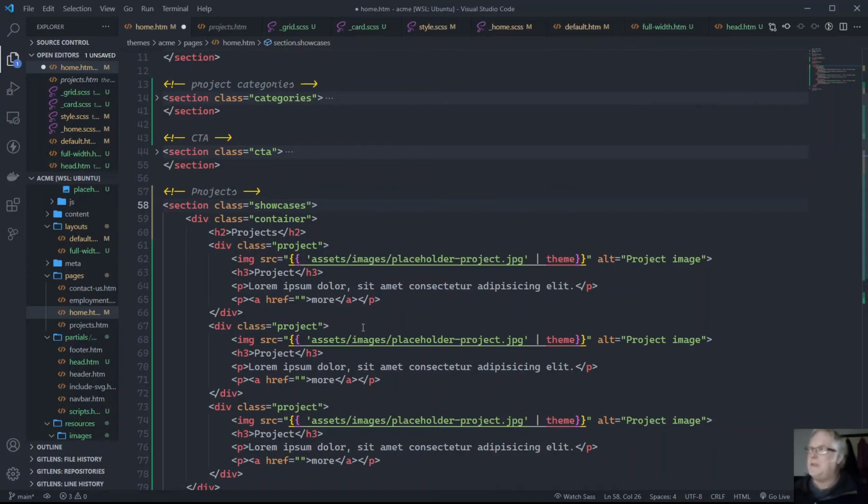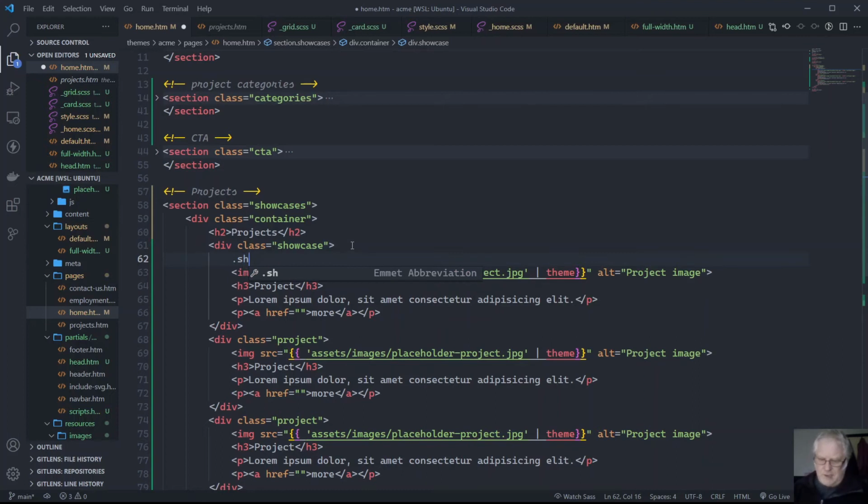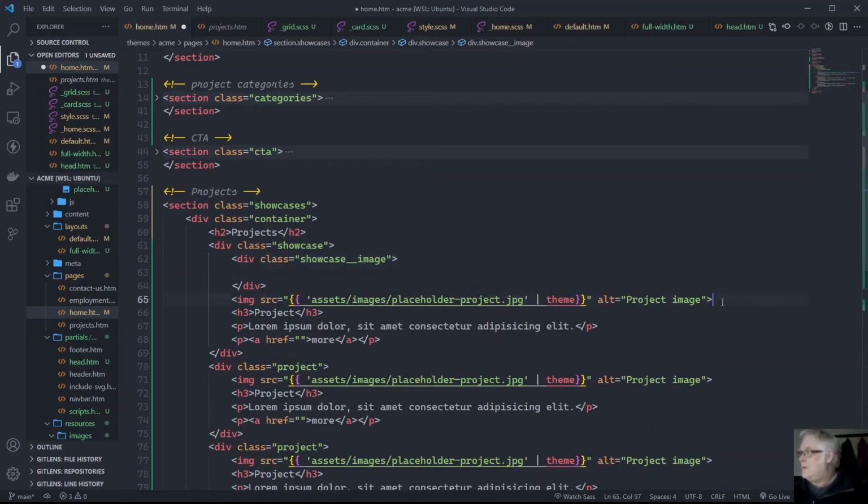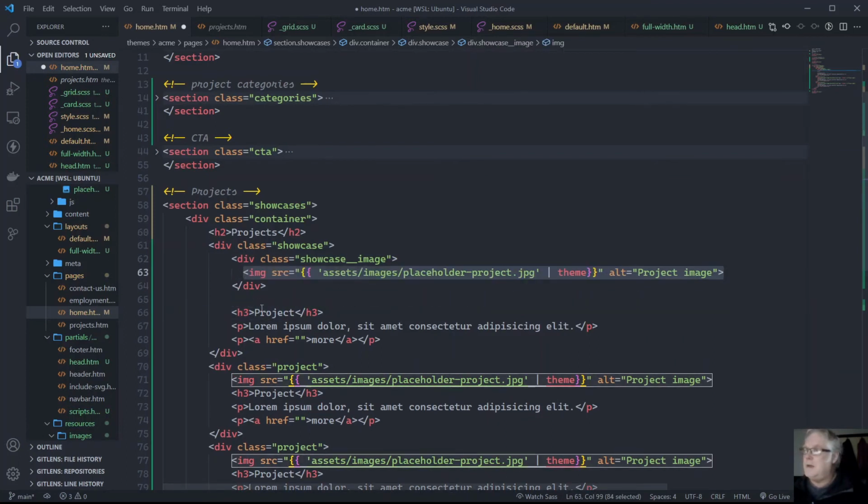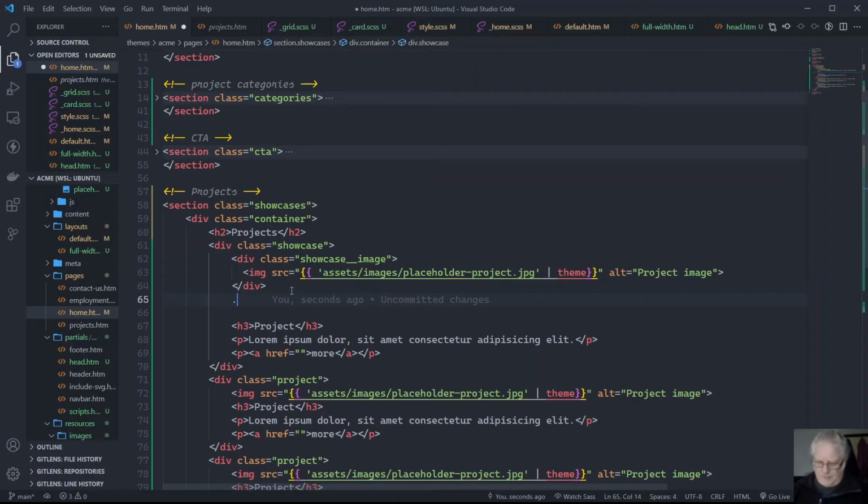I'll call that showcases, and I'll change this to showcase, and I'm going to need a showcase image, and I'll grab that and put that in there, because then we can target those particular blocks,